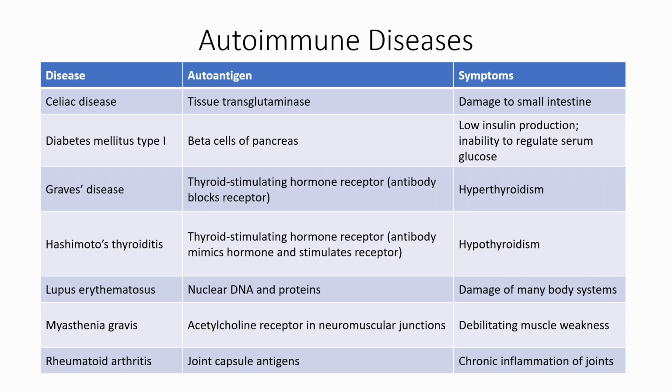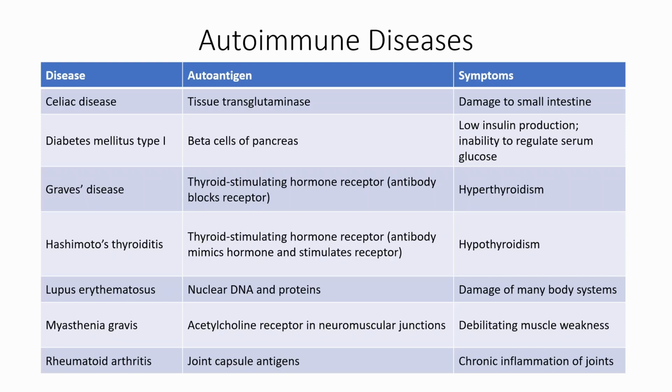With lupus, this is basically attacking nuclear DNA and proteins, so this is systemic. This is something that affects many body systems. Myasthenia gravis, this is where acetylcholine receptors are the subject of attack, and so this leads to muscle weakness because